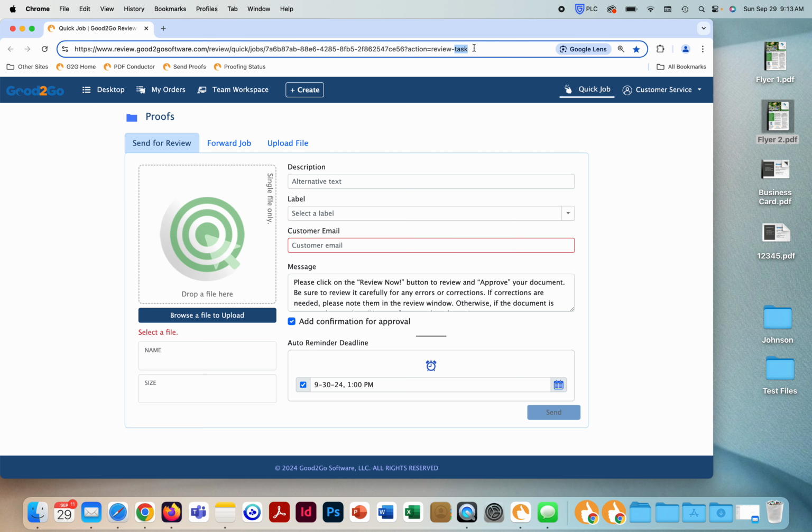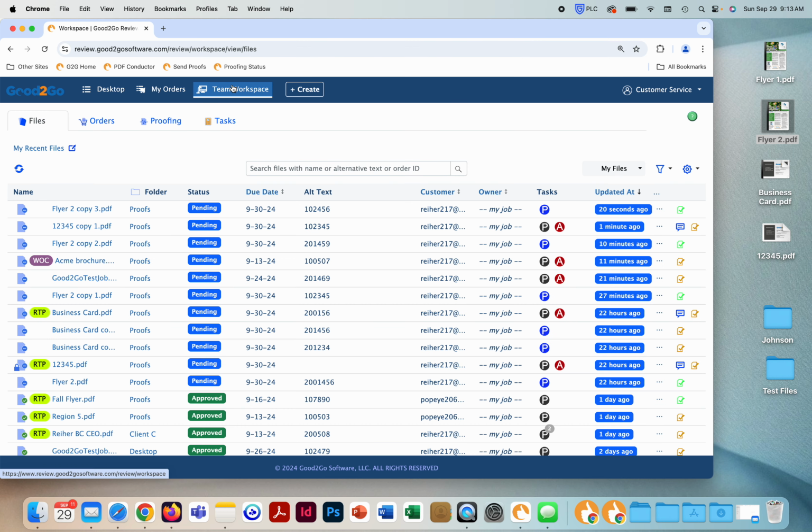How can it do that? Because these URLs are all very generic. There's nothing specific about them, so you can bookmark them, just like over here under the team workspace. What I did to get that double clickable application is I went to team workspace,